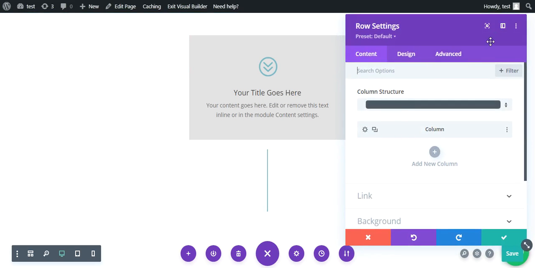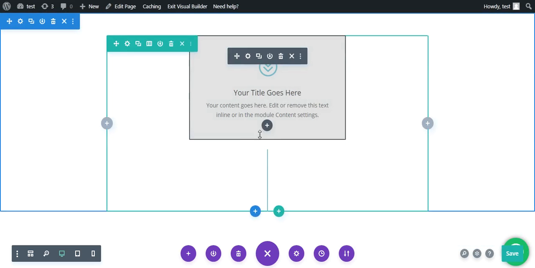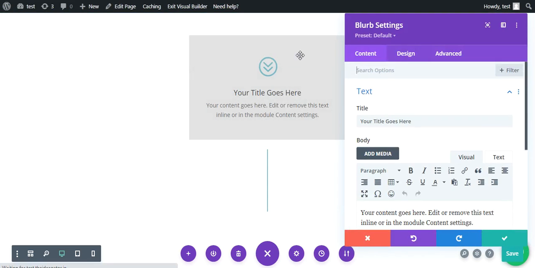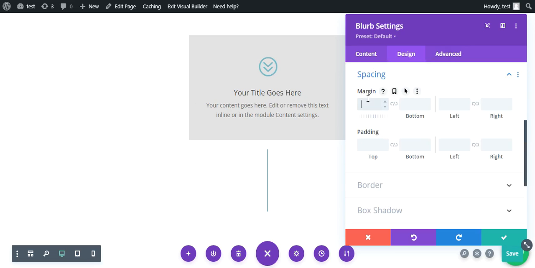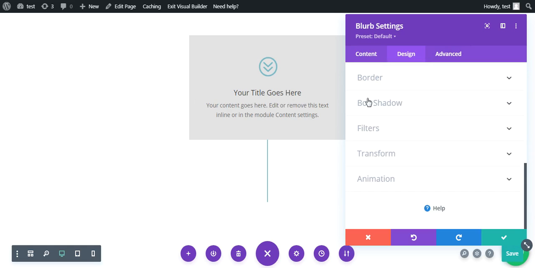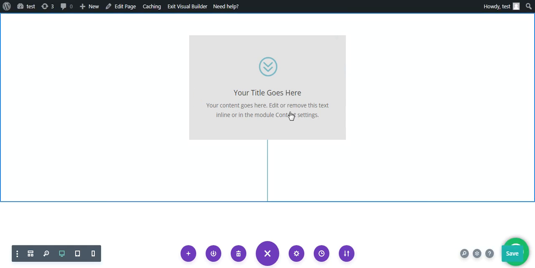Now since this is the center, if that doesn't look as we thought, what we can do is remove the margin for the blurb, which we can find in the spacing, margin 0 on all sides. We need not give padding 0.